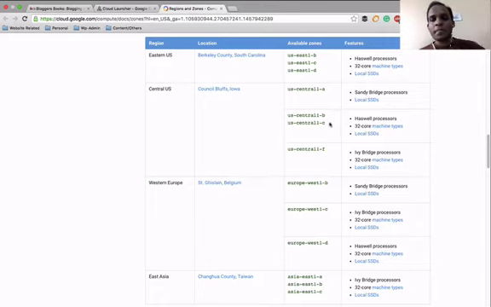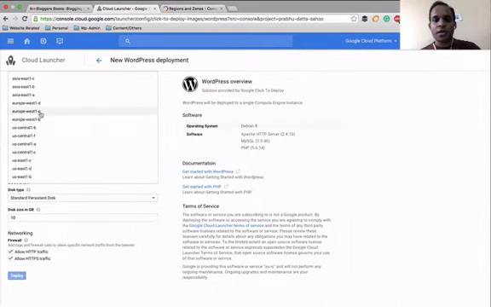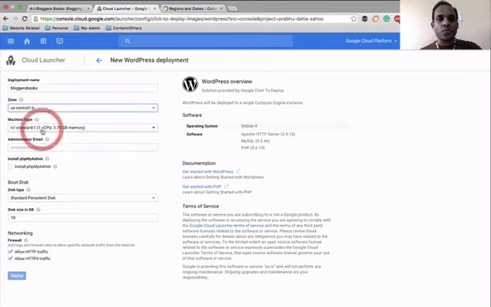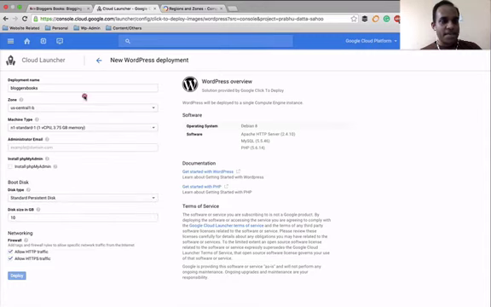So the best option, and I have tested the speeds of the websites, I would say is to go for US Central 1B or US Central 1C. You are getting Haswell processors, 32 core machine types, and local SSD. So we're going to go with US Central 1B or C. I'm going to choose B. Then